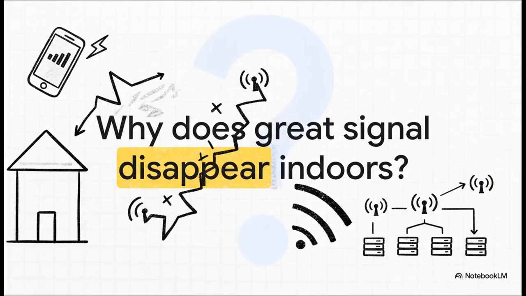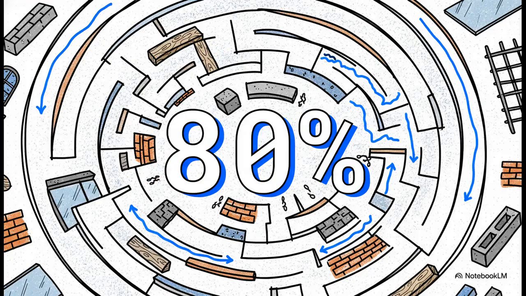I mean, it's a story we all know, right? You've got 5 bars outside, you're walking and talking, you step through one doorway, and suddenly, you're in a total dead zone. So what is going on? Well, it's because a whopping 80% of all our mobile traffic happens inside. Think about that. The vast majority of our data is trying to fight its way through a maze of modern